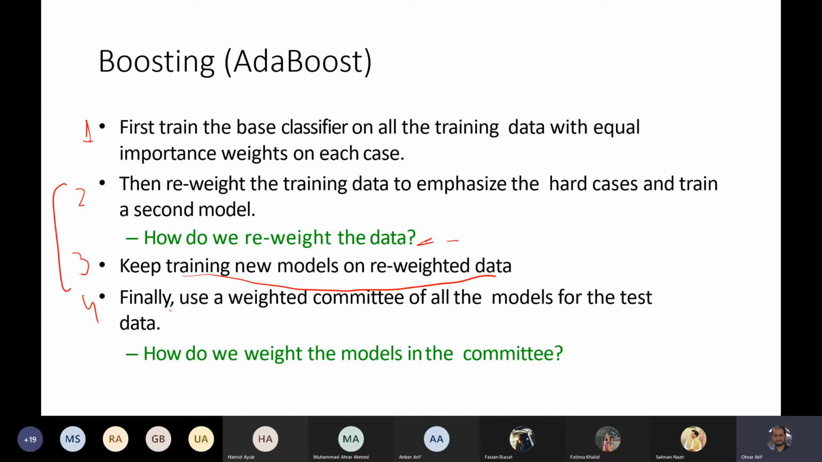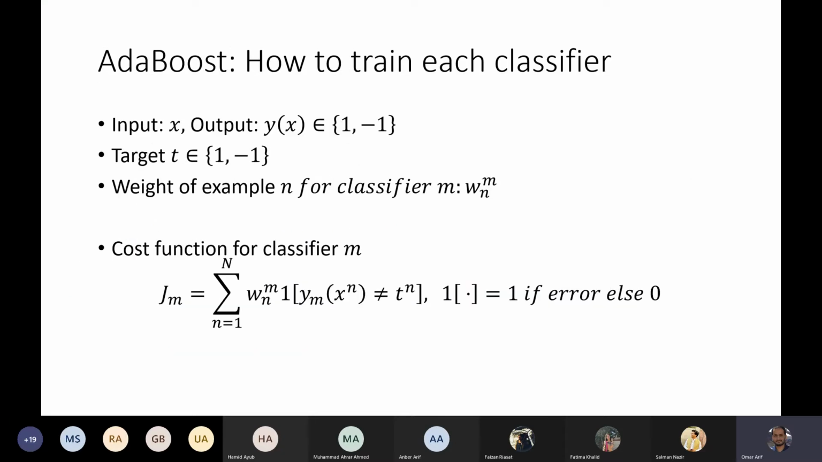Okay, so basically, how to actually do that? How do we do it concretely? Let's say my input is X, output is this, and we're talking about binary classification, and this is the target. Target means this is the ground truth label that we want to achieve for a given X. We're going to start with all